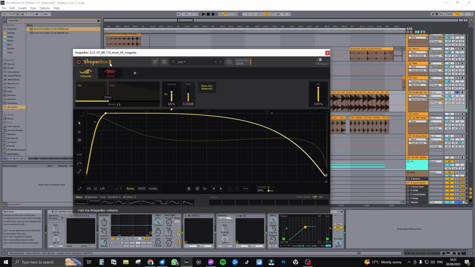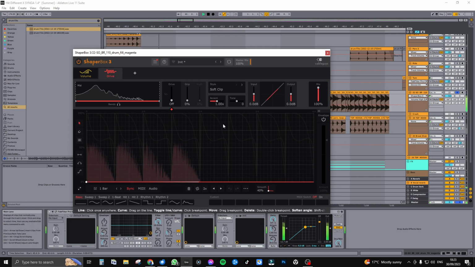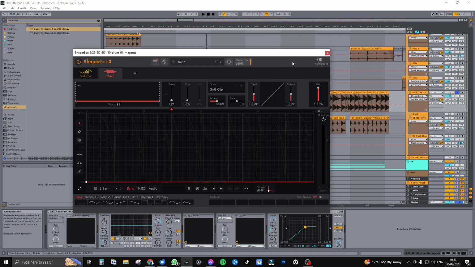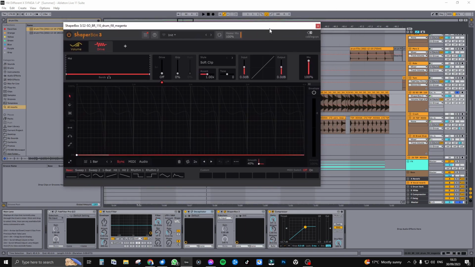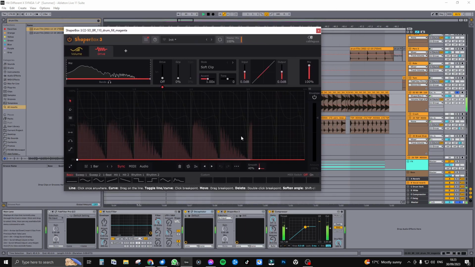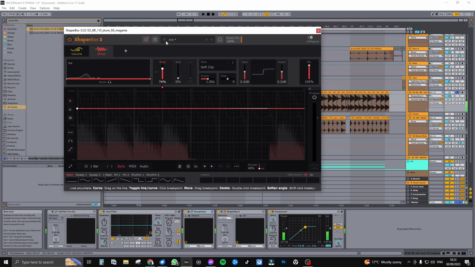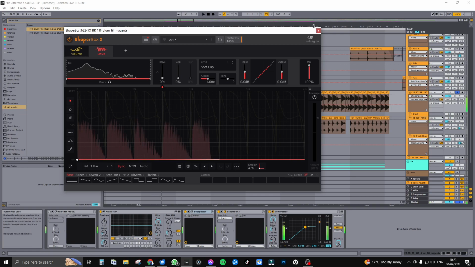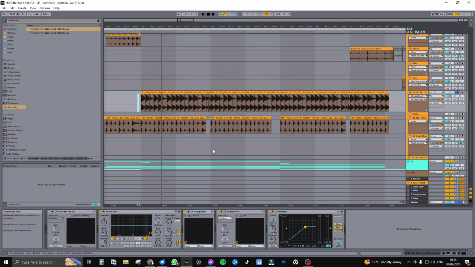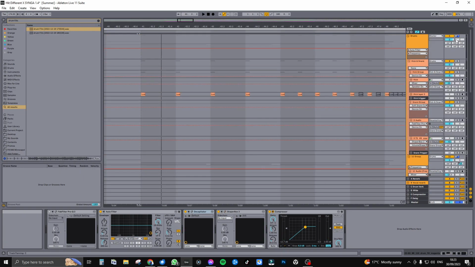If you haven't heard of this plugin, Shaperbox 3, it's incredibly useful, even just for the volume shaping. It's transients galore. And then I've got a bit of distortion after that, which is not doing anything. I was obviously experimenting with that, trying to get it right, but obviously that would be way too much. I've probably just left it at 0, but I just compressed it after that. All of that basically equals